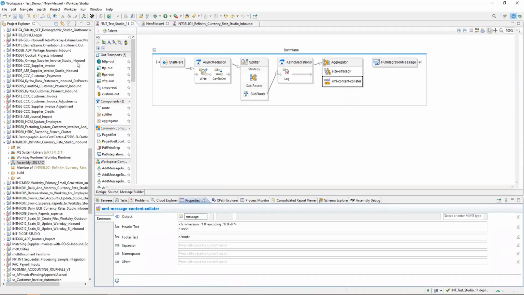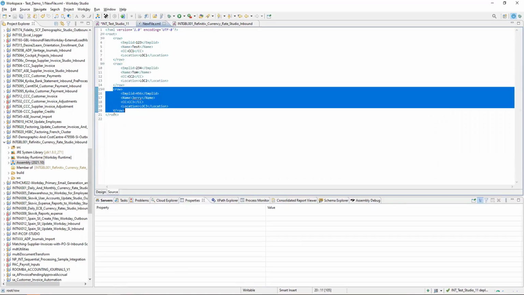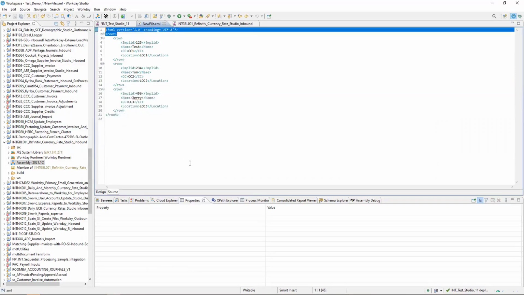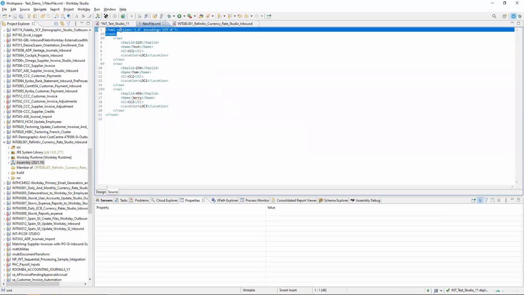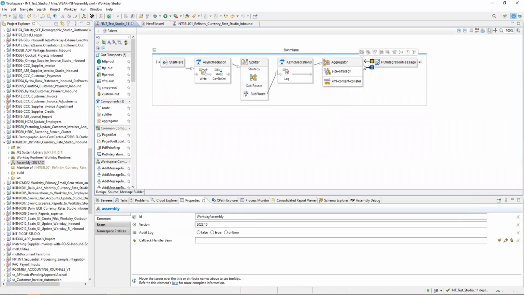So what I'm doing here is because my splitter is giving me only this part, only this part, to make sure it becomes one XML, I'm giving this as footer and this one as header. Okay. And then this goes to put integration.